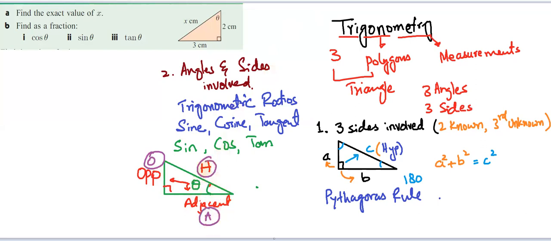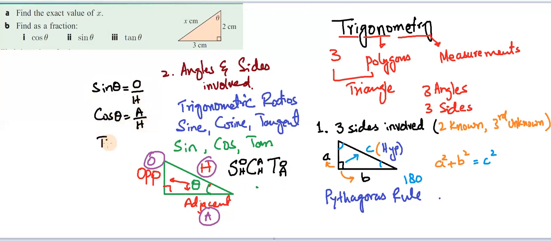And then once you have identified this angle, the trigonometric ratios are simply learned in the most efficient and common way, called SOH CAH TOA. It means sine of the angle, any angle, let's say in this case theta, is opposite over hypotenuse. Cos of the angle theta is adjacent over hypotenuse, and